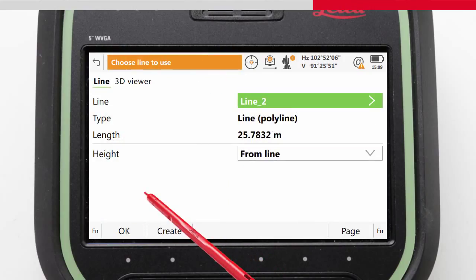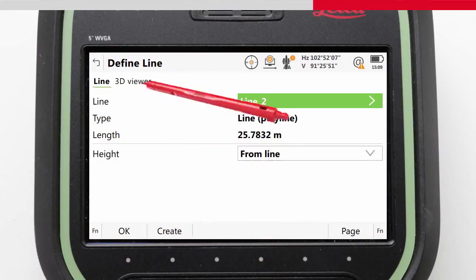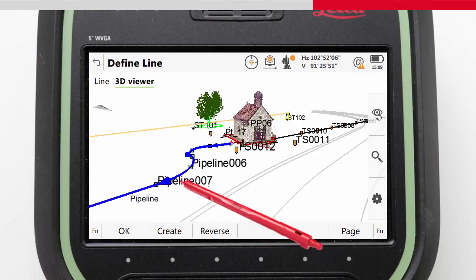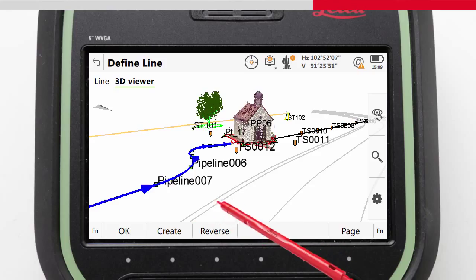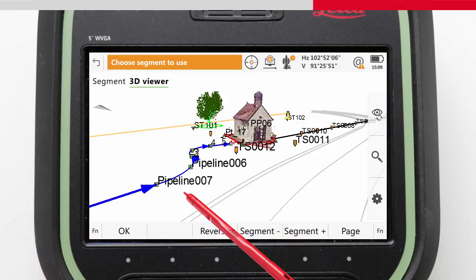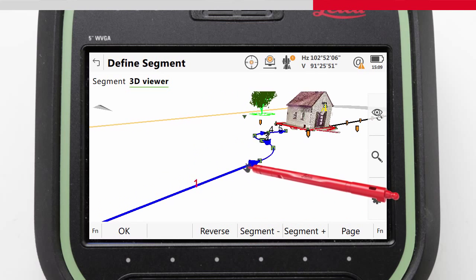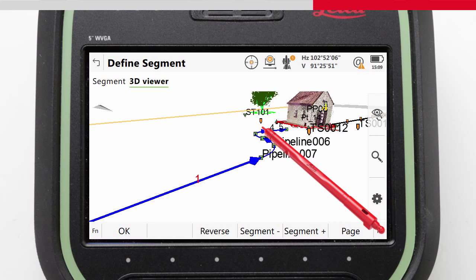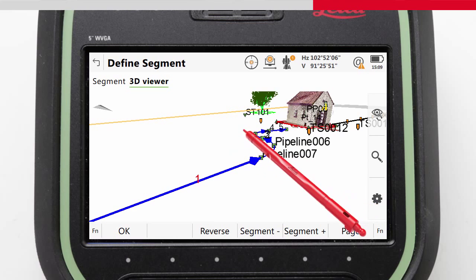We choose the line that contains the segment in the 3D viewer, but then realize that the line direction is wrong, so we press Reverse to reverse the line, and then press OK. Now we have the screen where we must choose which segment of the line we want to work with, and have Leica Captivate ignore all other segments during the staking process. Again, this is easier in the 3D viewer, so we just tap on the segment we're interested in,